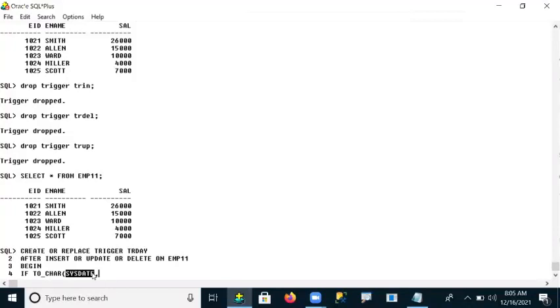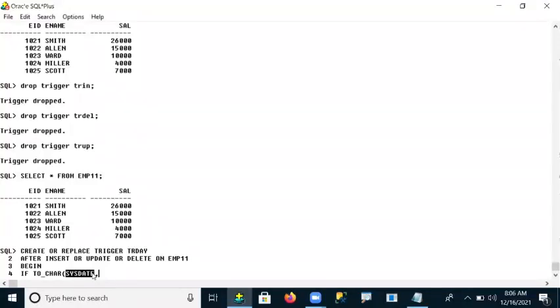Why am I using SYSDATE? The SYSDATE function we already discussed. It returns the current date and time information of your system.